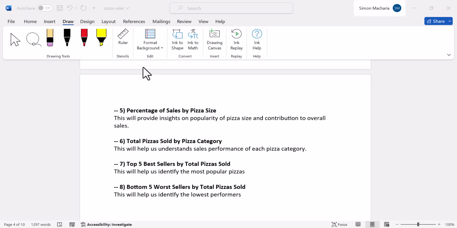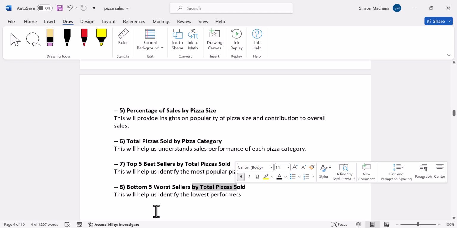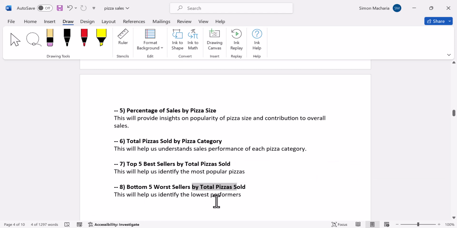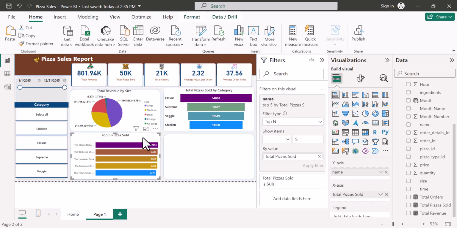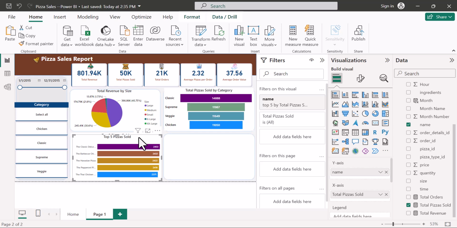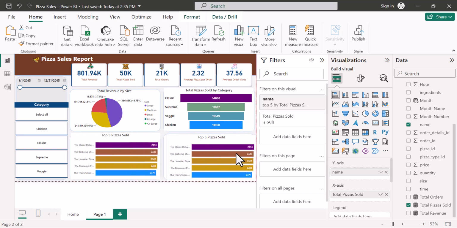Our last visual is the bottom 5, or the worst sellers by the total number of pizzas sold. And of course, this will help us identify the lowest performers. I'll go back to Power BI. And again, notice we just did top 5 pizzas sold, I'm simply going to copy this. I'll click on the visual, Control C, then Control V to paste, and I'll move this over here. Simply position it in place,